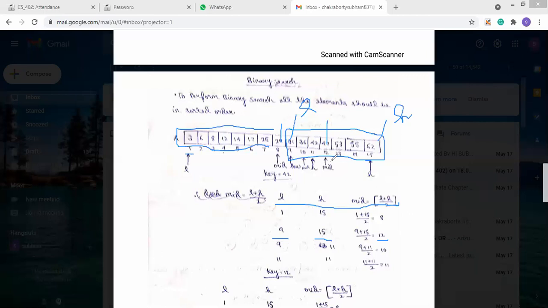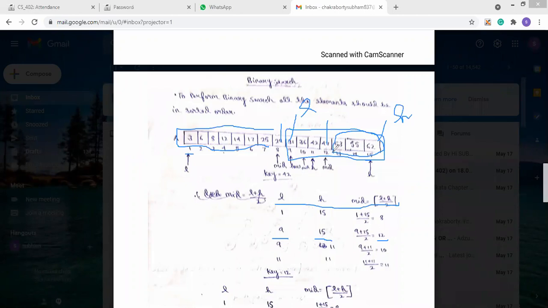Now we check whether the value we are searching for is placed at the mid. No, because our searching element is 42, but at the mid position the value is 47. Since the mid value is 47, all the elements in the right side of the mid will be greater than 47.